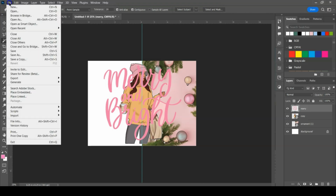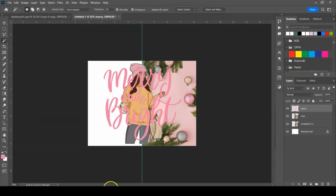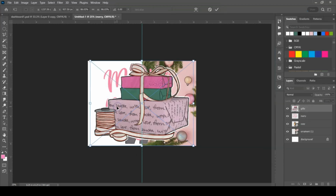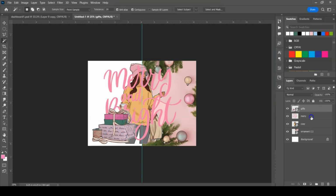And let's see, I want to also pull in the gifts because I want to get a color from those gifts. Where are they? There they are. Okay, let's pull those in. We probably won't use these on the front, but I want that green color. Okay, so I'm just going to reduce the size of that. Merry and Bright needs to be reduced